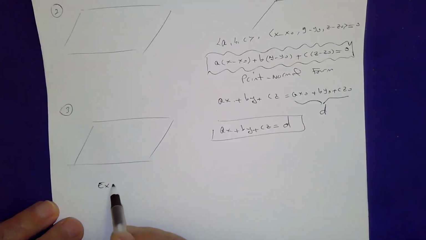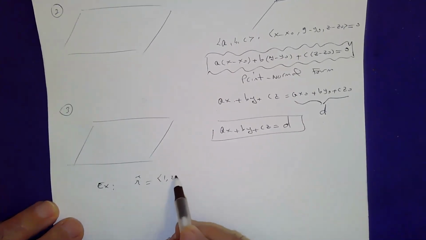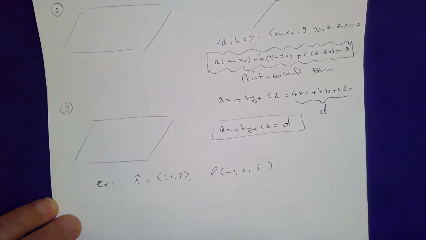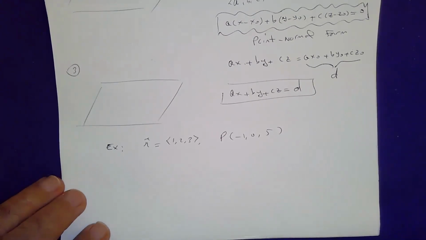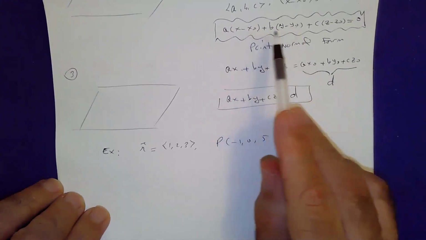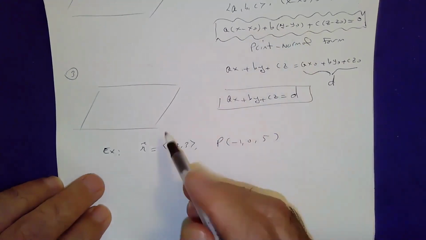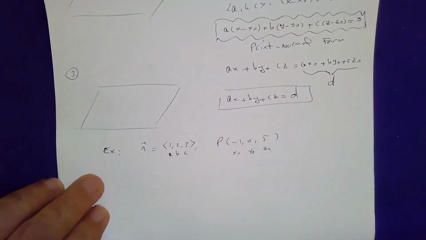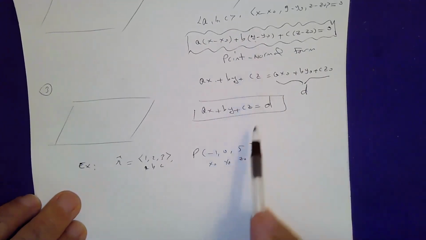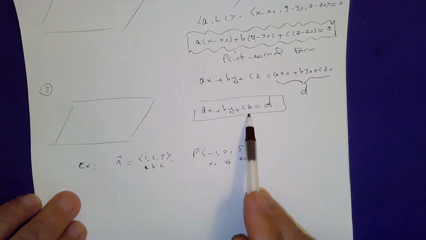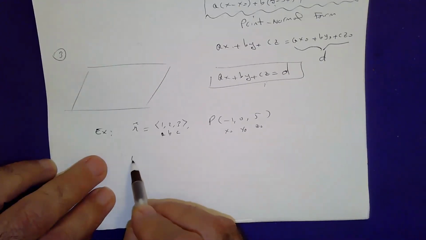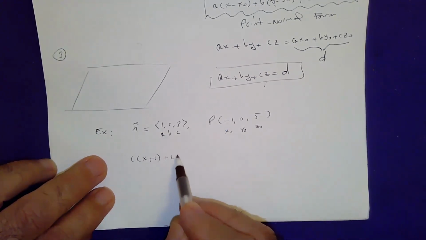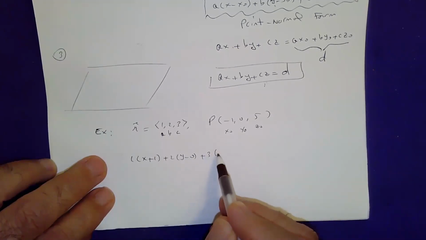For instance, if I tell you the normal vector is 1, 2, 3, and the point on the plane is -1, 0, 5, how would you write the equation of a plane? You would always use the point normal form. This is your ABC, this is your x0, y0, z0. Use this form and then clean it up, put it in standard form. In other words, go like this: 1 times x plus 1, because that's x minus (-1), plus 2 times y minus 0, plus 3 times z